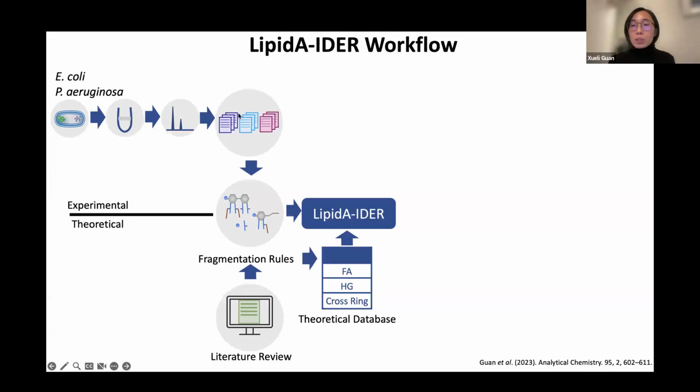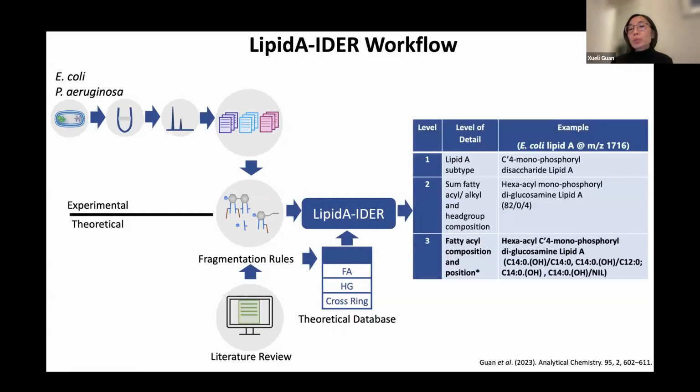We then curated the fragmentation profiles and came up with fragmentation rules. This is further supplemented through rigorous literature review, owing to the many works by others who have performed lipid A analysis, and very high quality fragmentation data that has been made publicly available. So with this combined, we came up with the fragmentation rules and a theoretical database of possible fatty acids, head group, and cross-ring structures that can be formed during fragmentation, and coded into a Python script workflow that we named